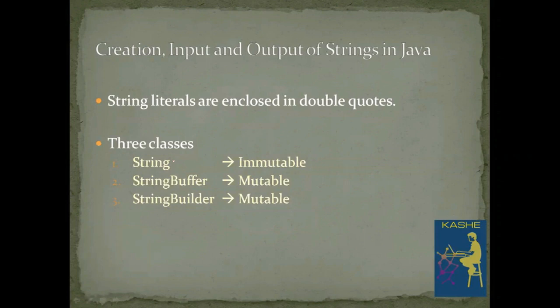Then if you observe the class String, objects created by using the class String are immutable. Immutable objects means in place we cannot change those string literals. So if you want to change any string literal, automatically a new object will be created if that string is of type String class. And coming to the remaining 2, both are mutable strings. If you create objects by using StringBuffer as well as StringBuilder, both are mutable strings. Those string literals can be changed in place without creating any new object.